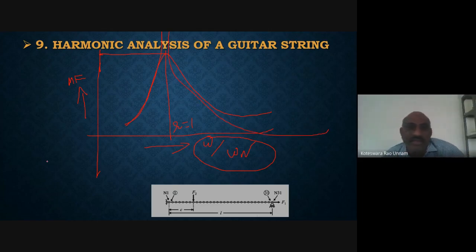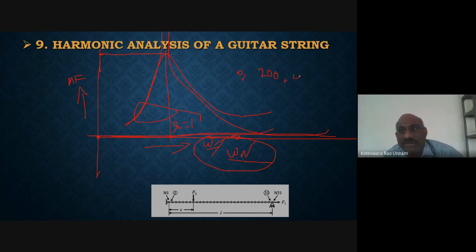So that means whatever harmonic frequency range you want to calculate depends upon r, that is omega by omega n. So you have to specify what this range is. Okay, we'll take 0 to 1000. If you want to get a smooth curve, you need to set the number of substeps. Suppose for 0 to 1000 I give the substeps as only 5. Then it will calculate the response at 0, then 200, then 400, then 600, then 800, and then 1000. So it will calculate the response at only 5 frequencies.